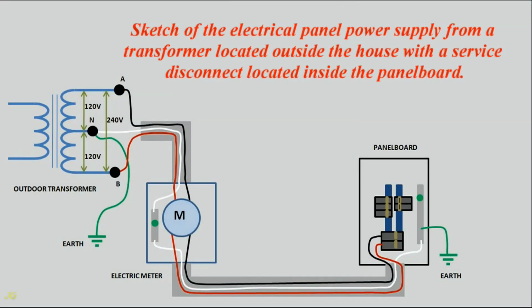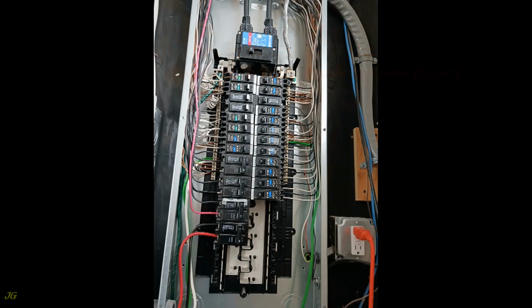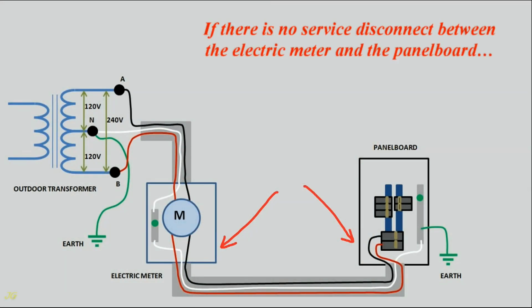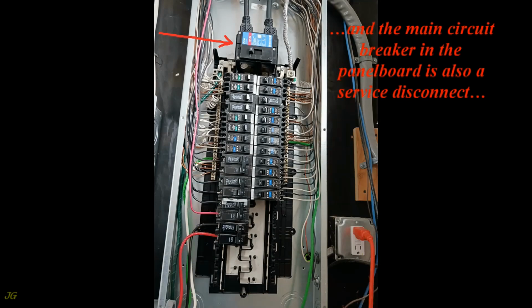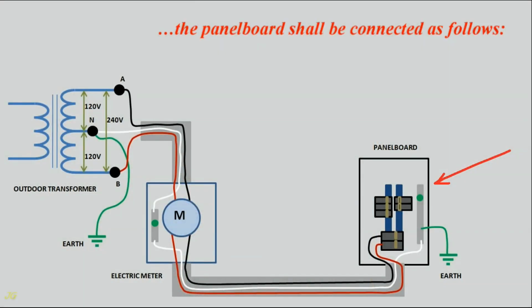Sketch of the electrical panel power supply from a transformer located outside the house with a service disconnect located inside the panel board. If there is no service disconnect between the electric meter and the panel board, and the main circuit breaker in the panel board is also a service disconnect, the panel board shall be connected as follows: